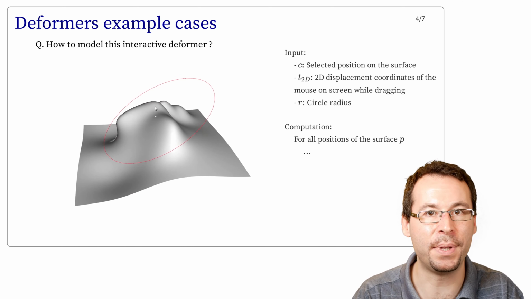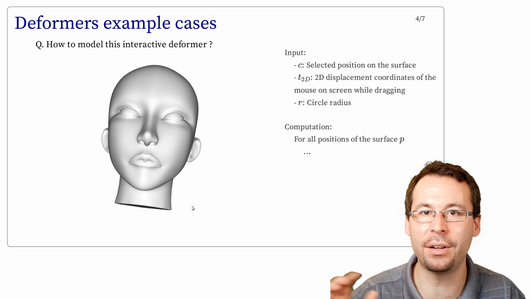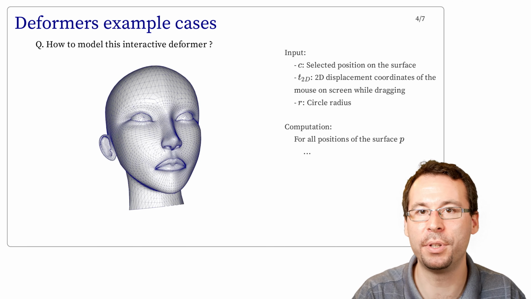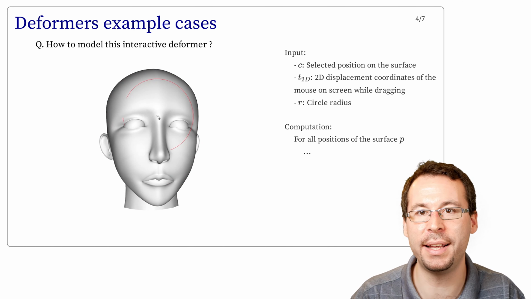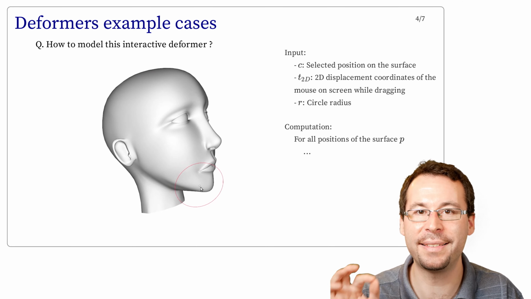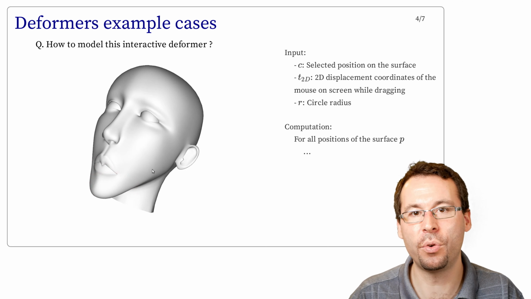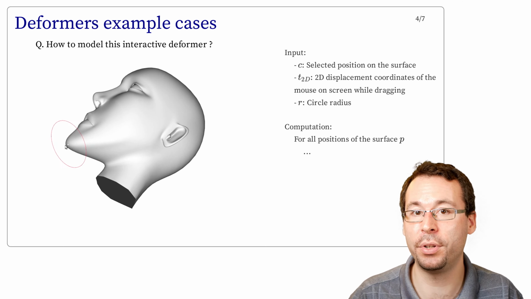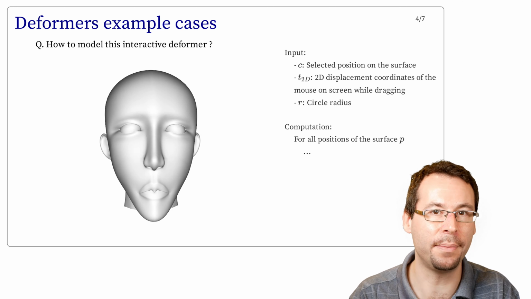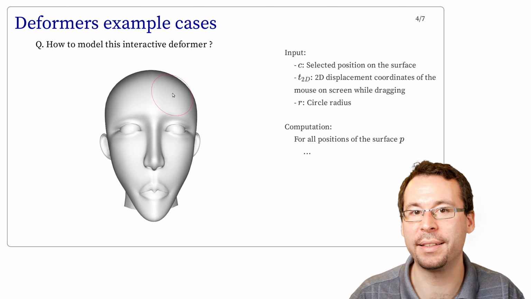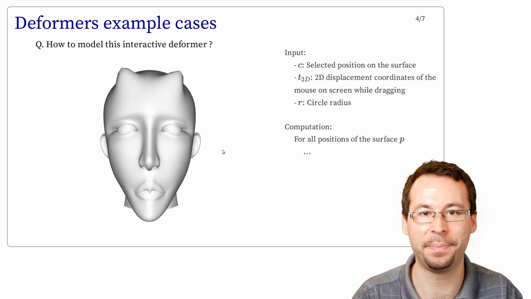As the drag and drop is done with the mouse, you actually have as input a 2D translation vector corresponding to the displacement of the mouse expressed in the screen coordinate system, which means that X and Y coordinates are between -1 and 1. Now the question is, how can we compute the deformation to apply to the shape? We can start by looping over all the vertex coordinates P, and then you have to complete this algorithm.